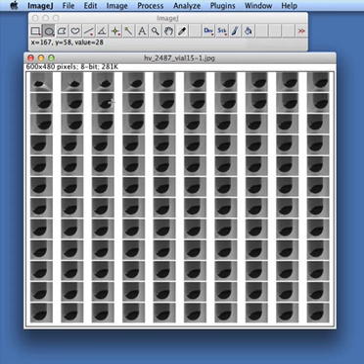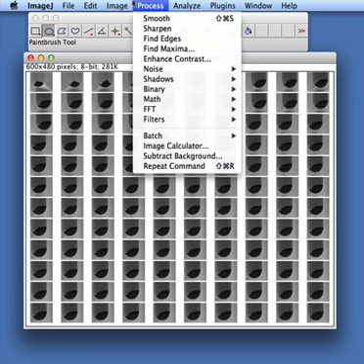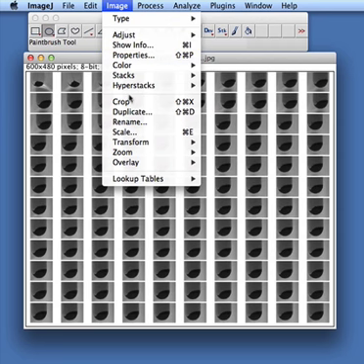So on the order of 30 pixels is that distance, and I happen to know that's 1 centimeter. So if I go to Image and do the scale,